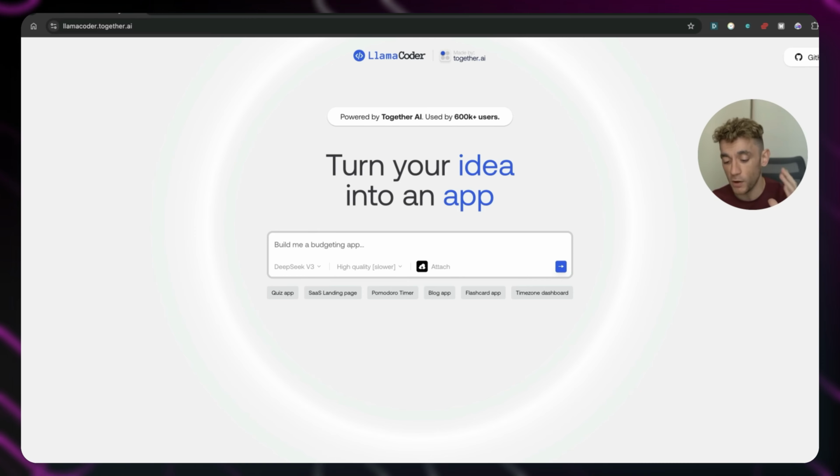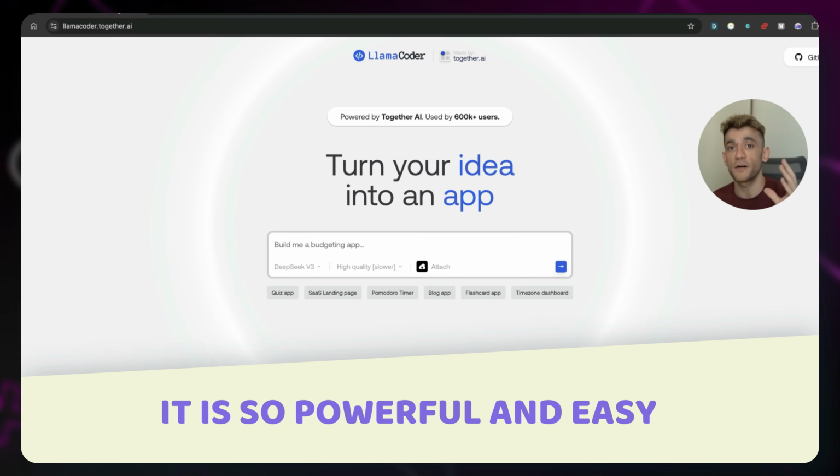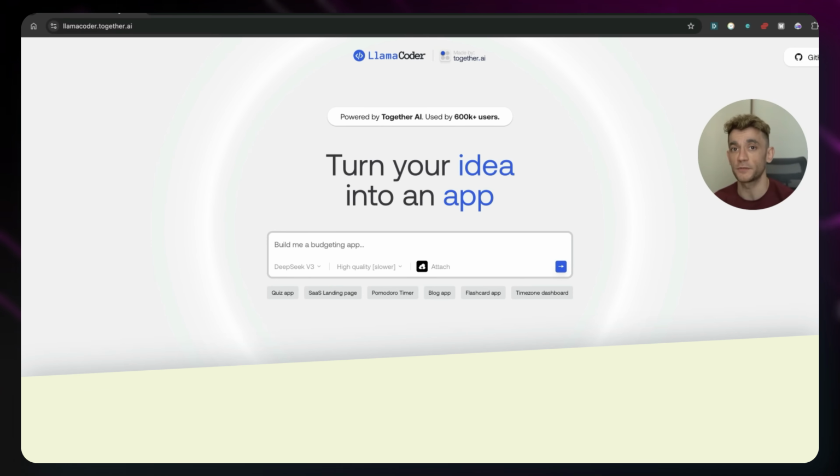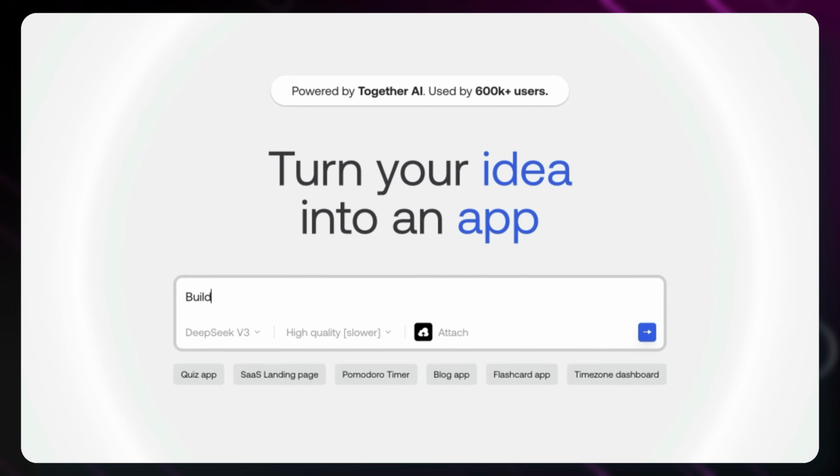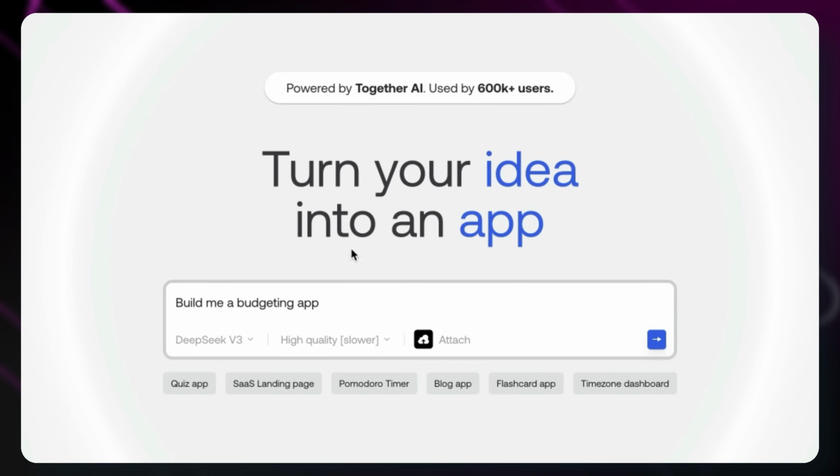Either way, what I'm seeing here shocks me because it's so powerful and easy to build apps, tools, websites using this process, and you can get access to the latest APIs completely for free. So what we can do inside here is we can say, for example, build me a budgeting app as a totally random example. And I'll show you some of my best examples and prompts of exactly how you can use